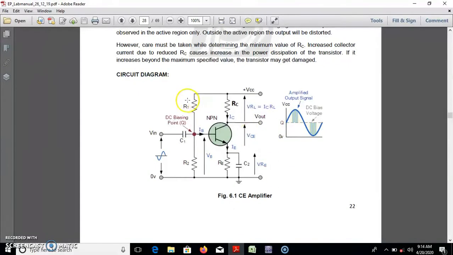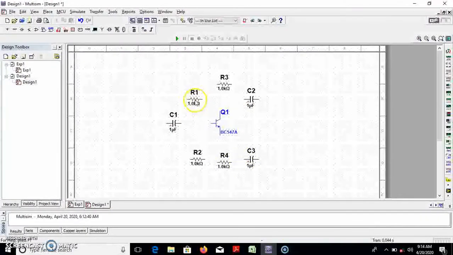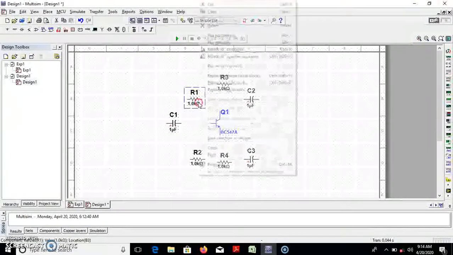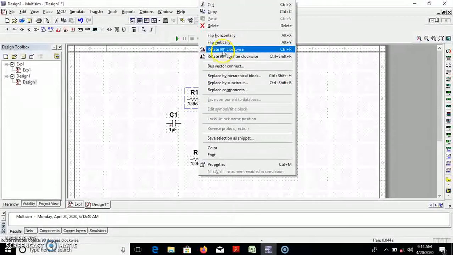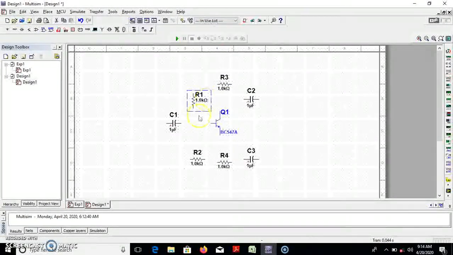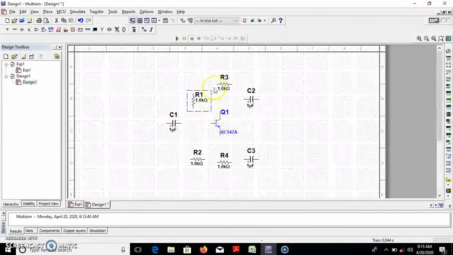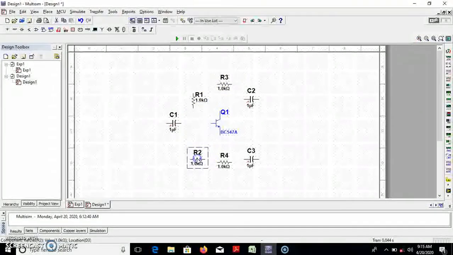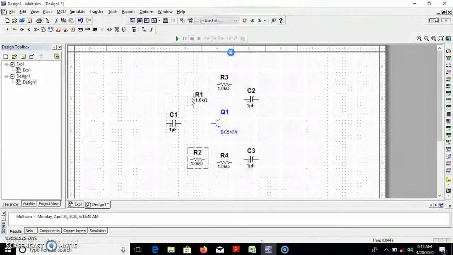So I require to change the orientation of all these resistors to vertical. In the Multisim software, you can click on the component, right click on it, and then rotate 90° clockwise. So your resistor has been rotated and it will be on a vertical side. So it's quite easy to connect the resistor with the transistor and other components. Similarly, you can flip every component.